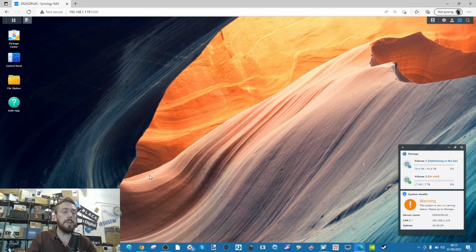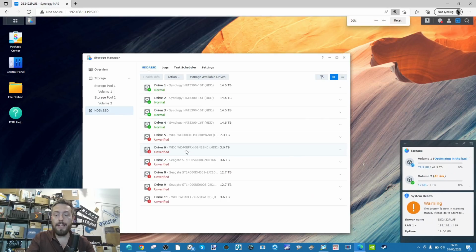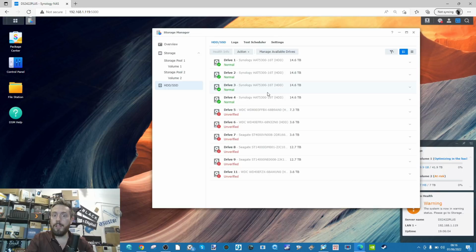Now, to put it into perspective, if we look in the storage manager of this NAS, you can see here that I have put in a lot of drives. Let's up the zoom on that. As you can see there, at the top, we've got Synology's own hard drives. I've got 4 16 TB drives, the unit,